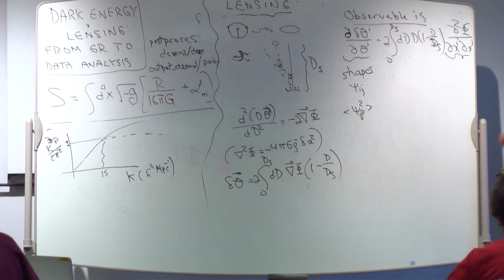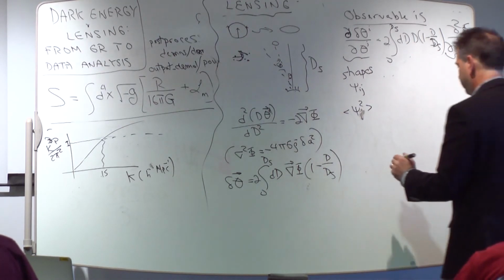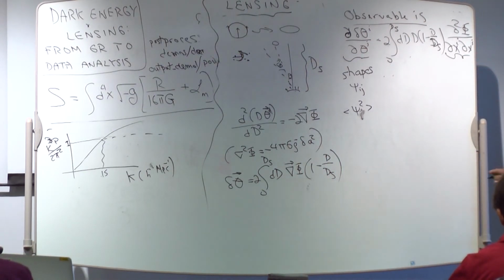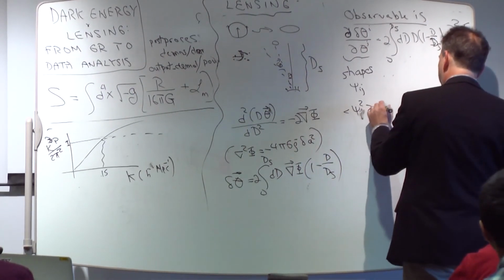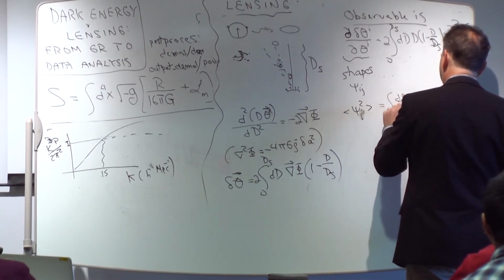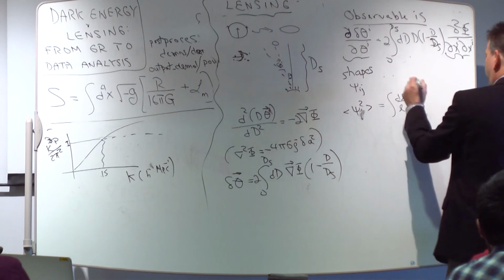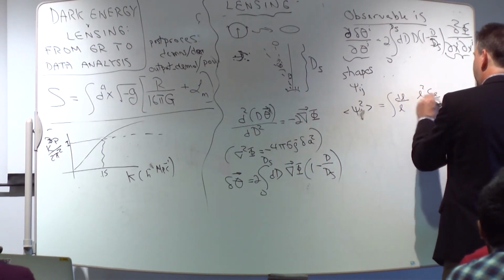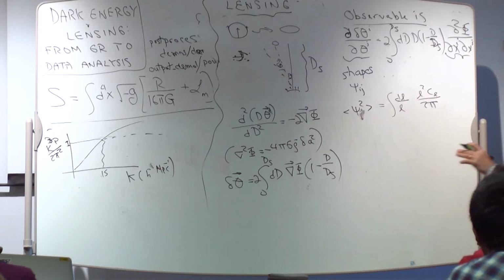And in order to do that, let me just make one generalization of the previous thing. This is a 2-dimensional quantity, not a 3-dimensional quantity. So therefore, the variance we know is going to be very strongly related to what we had in the last one. We had dk over k. We had L cubed P of k. Here we'll have L squared C_L, where C_L is exactly the same thing. If you Fourier transform, C_L is just the power spectrum in 2 dimensions.